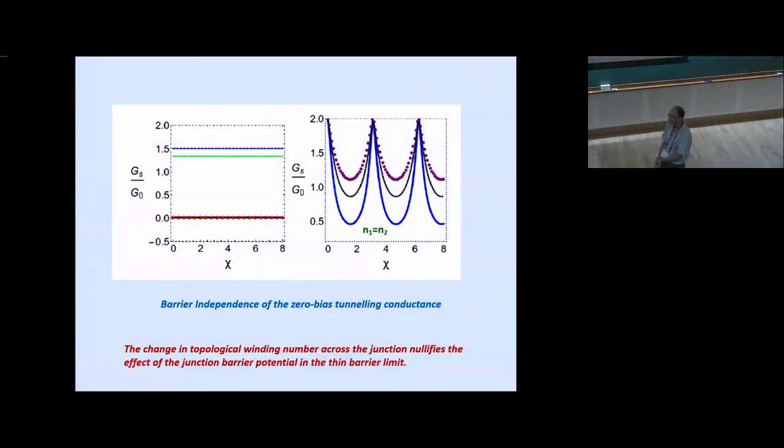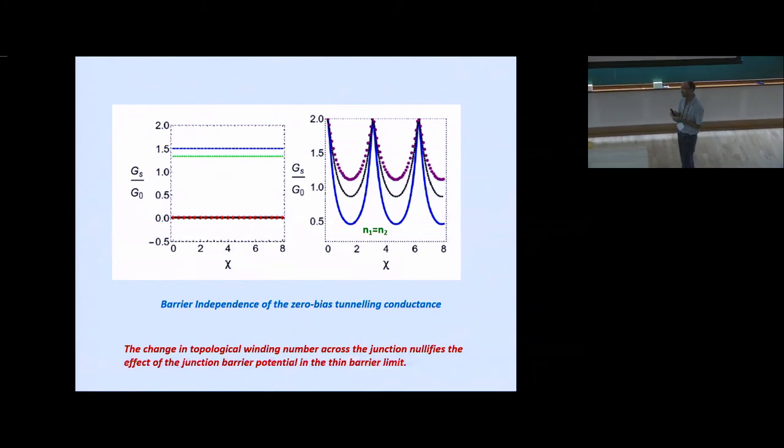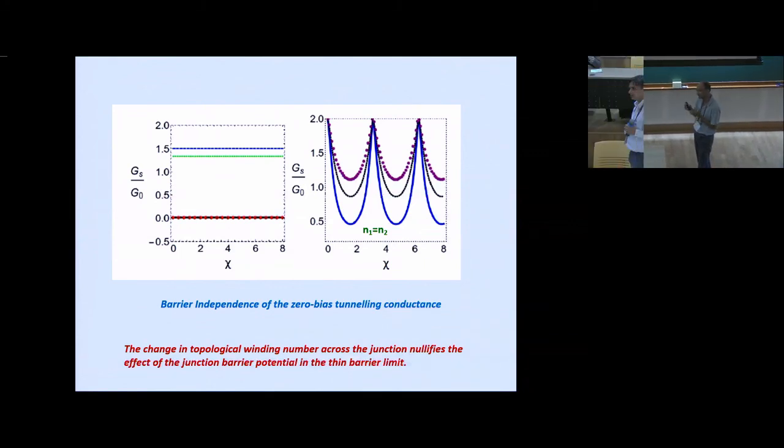Suppose you don't have S-wave like superconducting order in one of the Weyl leads. What happens if there are other kinds of superconductivity? Not sure how it is going to turn out, but this particular property, I think, is going to stay. The details of the tunneling conductance will change for sure. But this barrier independence, I think, is going to stay,